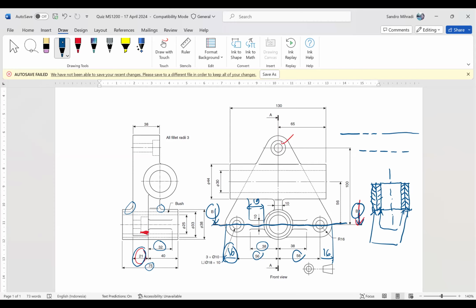Jadi nanti, apa namanya? Ya, misal seperti ini, misalnya begitu boleh aja gitu ya. Ya, nanti ada gambar aja situ.